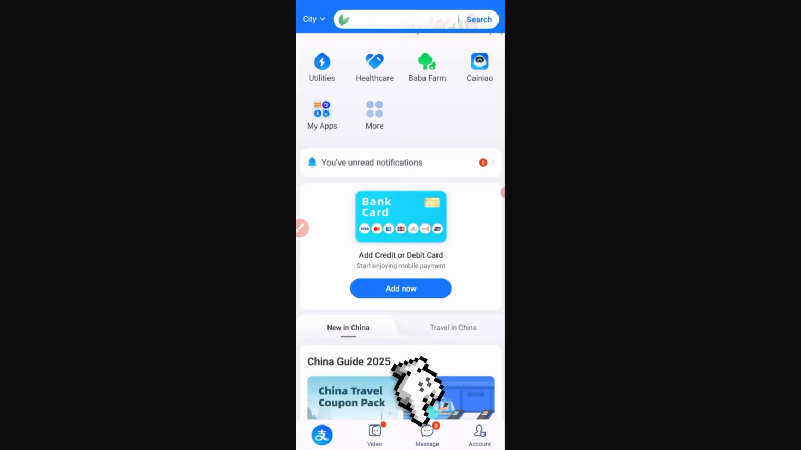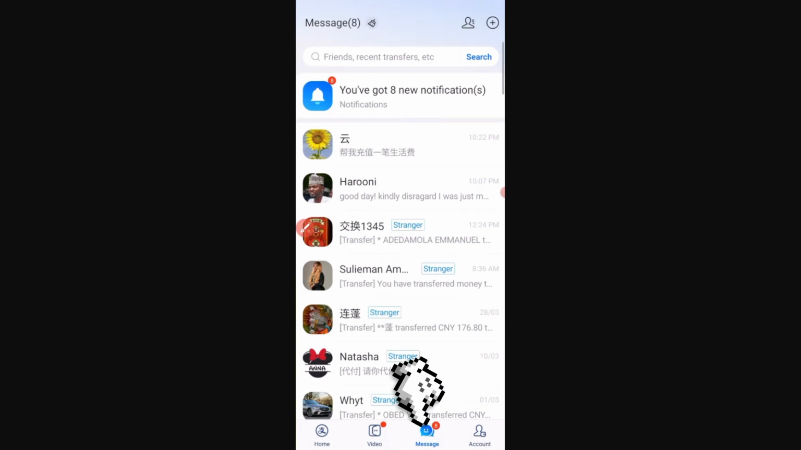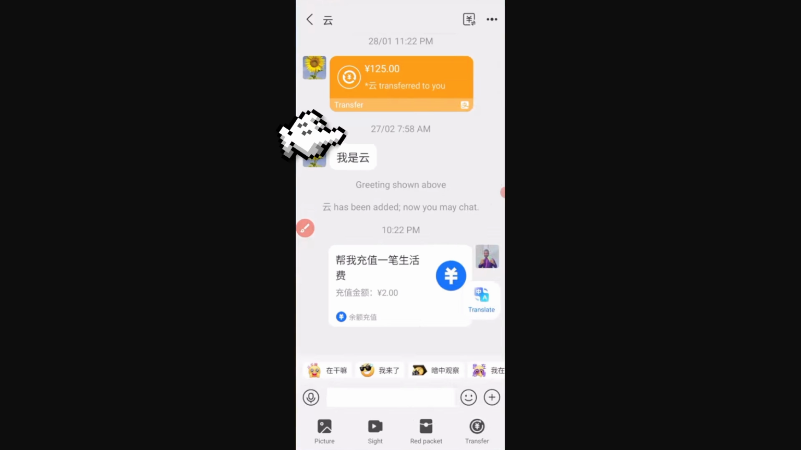Okay, once we click this button right here, we're going to see all our contacts. Okay, we're going to select the contact that sent us the money. In this case, we're going to click this one, and right here you can see this transfer. Okay, this person may, in your case, you're going to see another person, but in this case, the person will